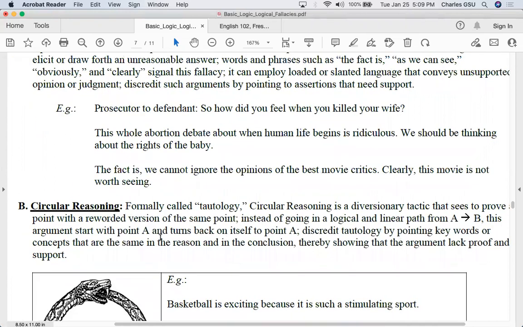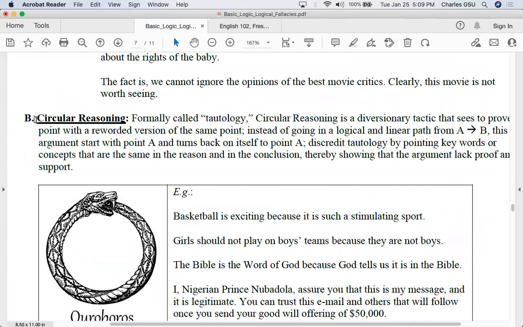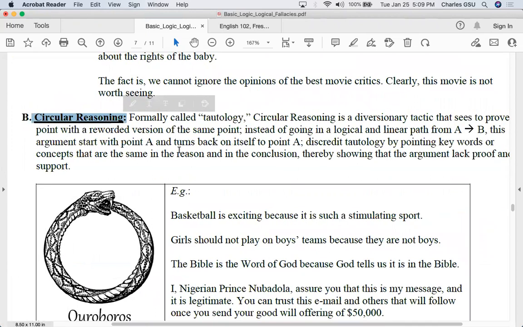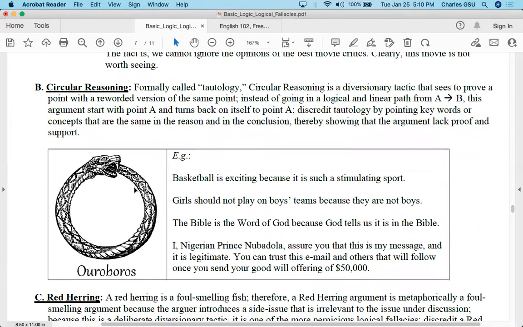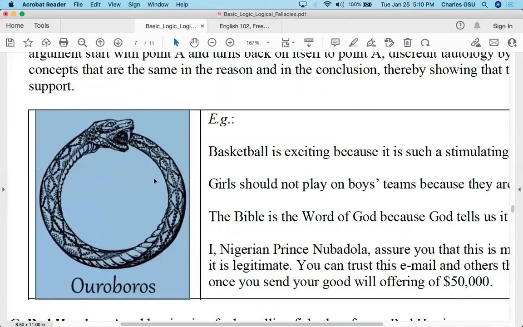All right, circular reasoning. This is an unfortunate, somewhat common form of fallacy, and it's typically not done maliciously. Sometimes it is, but it's typically done because the speaker or writer isn't aware that what they're saying is basically the same thing in two different versions. So remember, a linear path for an argument goes from point A to point B. But in this case, as you can see here with the Ouroboros, this ancient symbol, the snake or dragon eating its own tail, as it's dying but living at the same time,